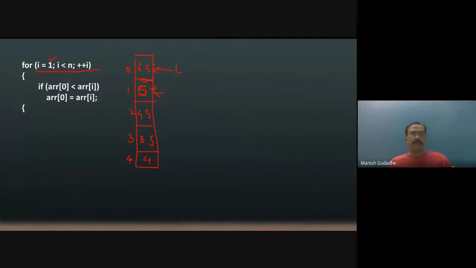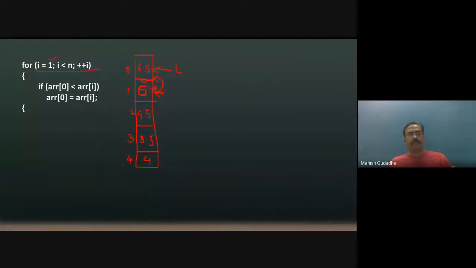Now compare A of 0 with A of 1. Compare these two elements and check whether A of 0 is larger or A of 1 is larger. In this case, A of 0 is larger, so there is no change in the largest number. 6.5 is the largest number. Now it will be compared with the next one. Again, A of 0 is compared with A of 2.